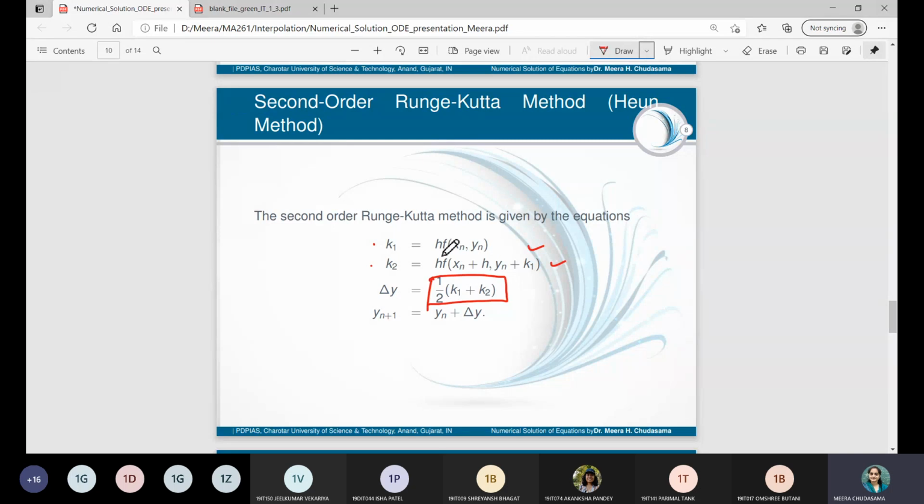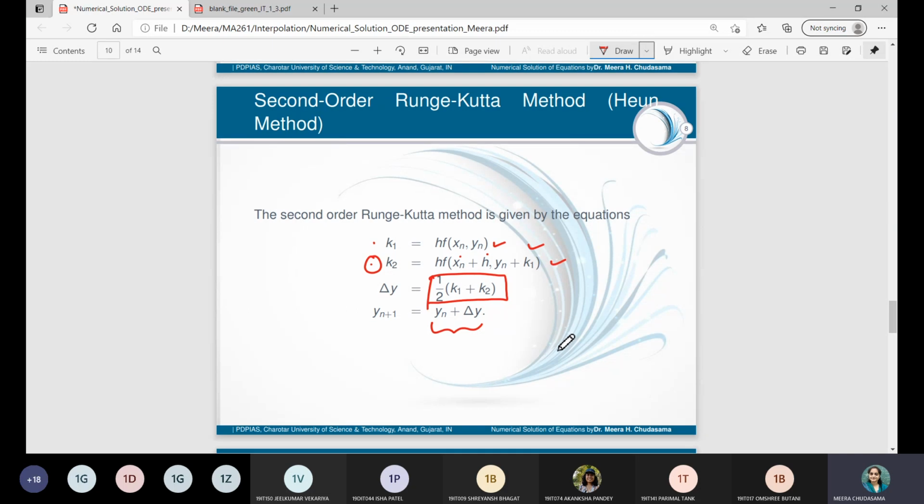First, k1 is nothing but the increment in Euler's method. The second increment we consider, k2, is h times the function value at xn plus h, yn plus k1, and the final new y approximation is given by yn plus 1 equals yn plus